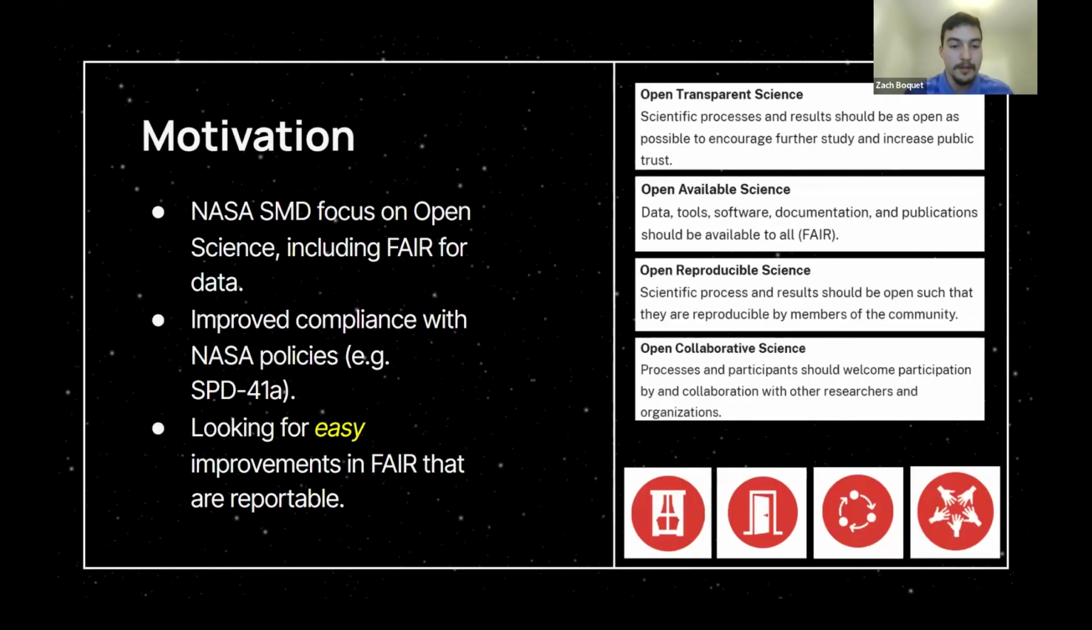So our motivation for this project was revolving around NASA's four definitions for open science. One of particular interest here is open available science, since that pertains to FAIR. We are looking for easy improvements in FAIR that are reportable,